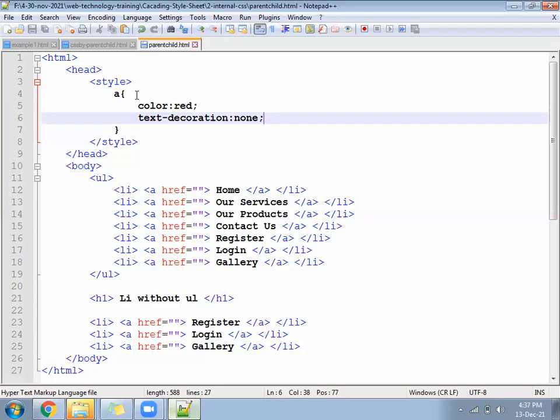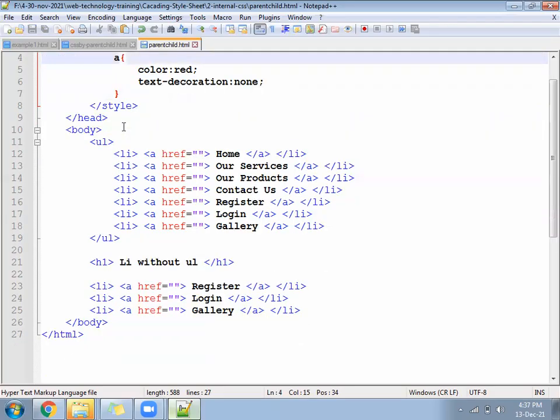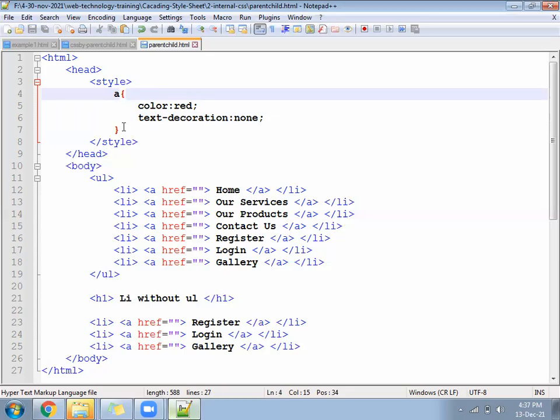Save now. Now run the page. All A become red color or only a specific A?